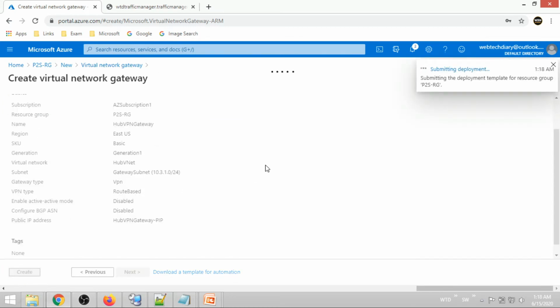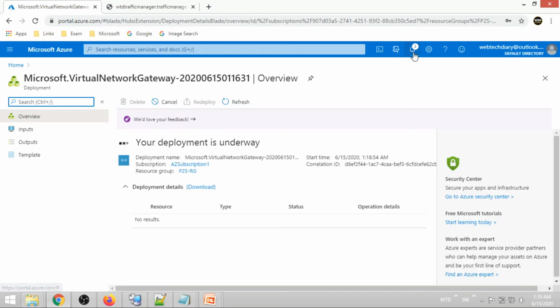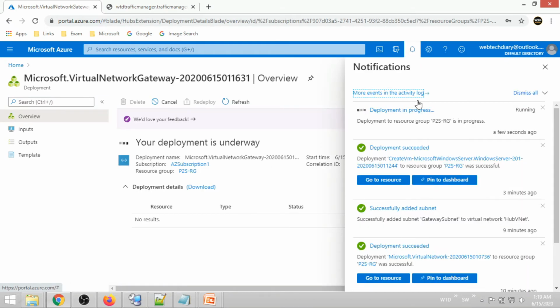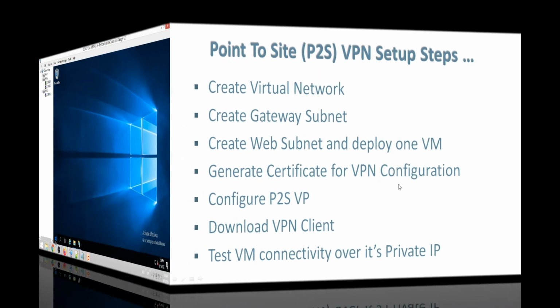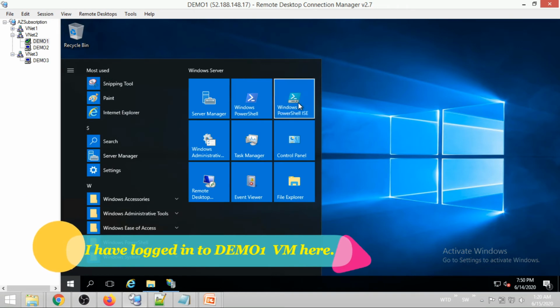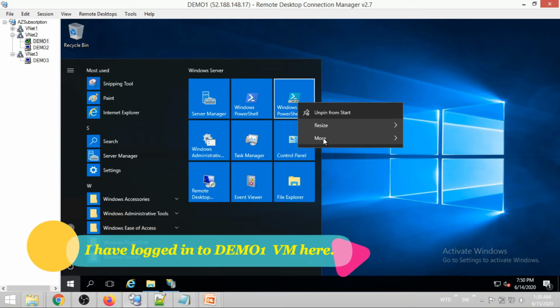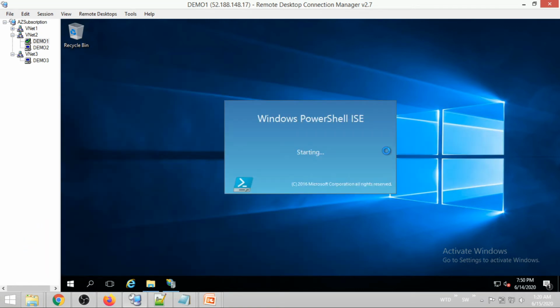Generally, this virtual network gateway creation will take long time. Meanwhile, when it is creating the VPN gateway, we'll go and create the certificate that we will be needing for configuring the VPN. We'll be opening this PowerShell ISE in admin mode to generate the root and client certificate.